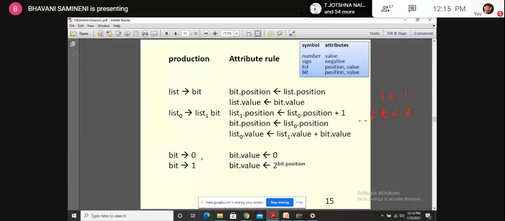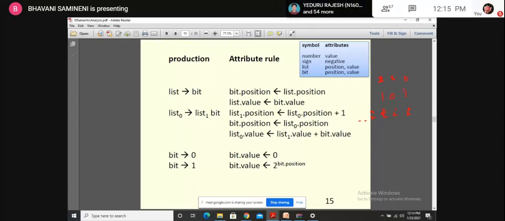So if the bit is 0, then this position value is 0. If the bit is 1, then what is the bit value? 2 power bit position. Suppose the bit position is 1, 2, 3, like this. I think they have given the bit position, so they will give the position like this, 0, 1, 2.